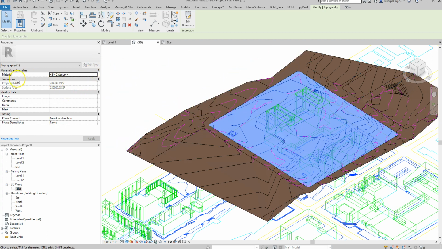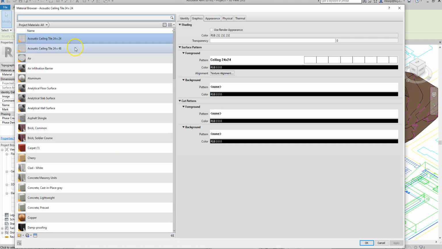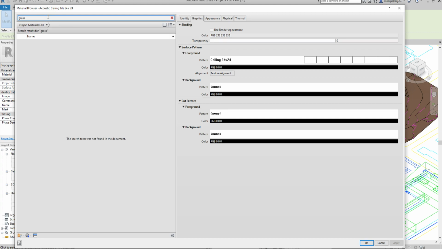And once you do that, you have some properties that you can control here. In this case, we want to change its material. And so I'm going to click on this little gray box with the dots, the ellipsis, and we're going to just search for grass. See what our options are. And we don't have any. So we're going to come down here,